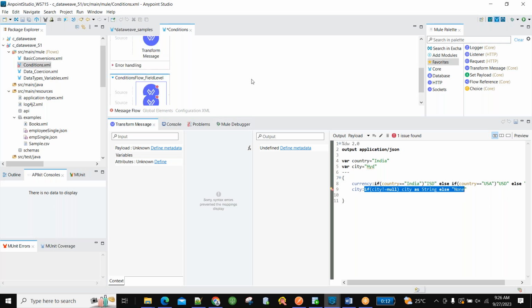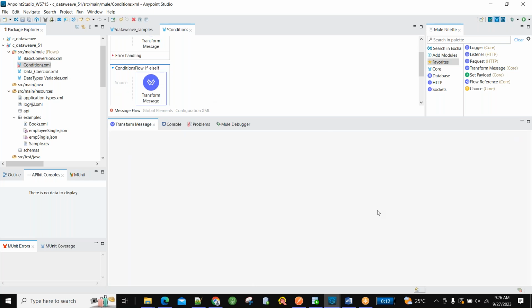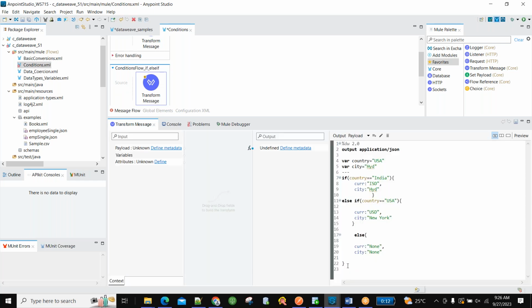What is the difference between the previous one and this one? In this one, directly no field, nothing, it just displays these two values, because I am keeping the if conditions directly. But sometimes we will get a requirement. Why? Because we are middleware. The requirement, how it will be, we don't know. It will be high level, it could be at field level as well.